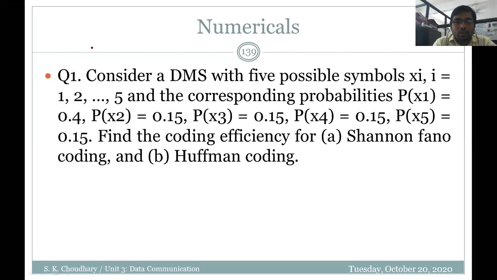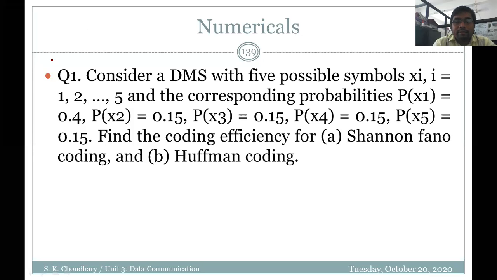So this is the first question that is displayed on this slide. Please all of you note it down and take one pen and notebook for solving these numericals. So the first question says that